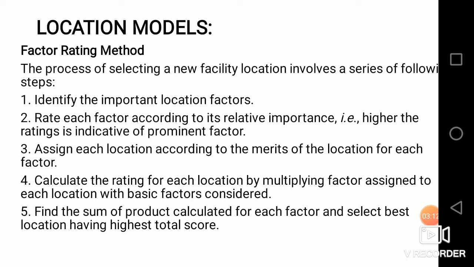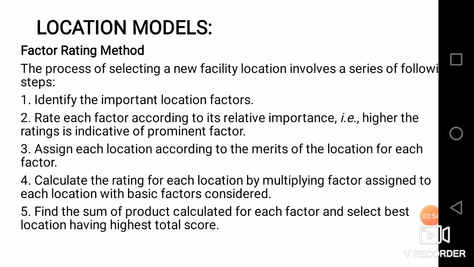The next step is to rate which factor is most important for our location, whether nearer to the market or transportation or nearer to the customers, or labor charges being minimum, and facilities for utilization, that is, facilities like good space for future expansion, water facilities and power facilities. Those things you will give a higher rate. If you consider that nearness to the market is the most important factor, you will fix a higher rate for that particular factor.